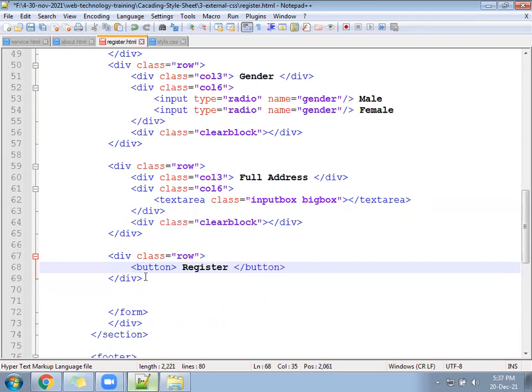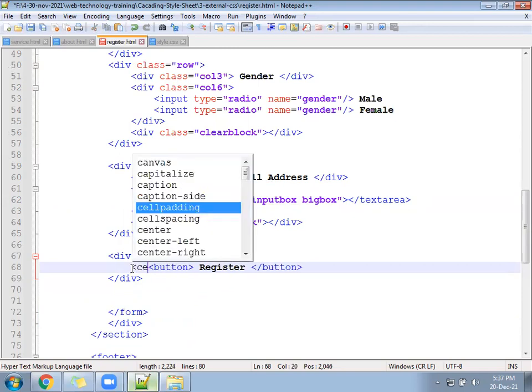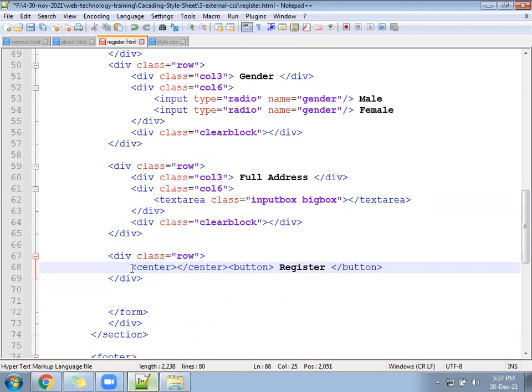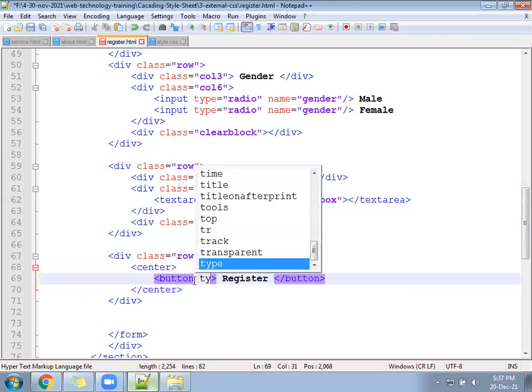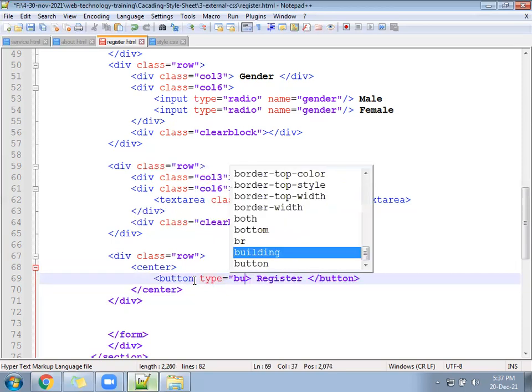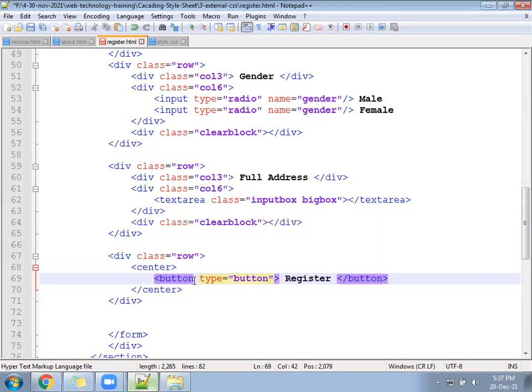If you want, you can use the center tag to put it in the center. Button type you can mention as button. If you want to write any ID or class, you can write.